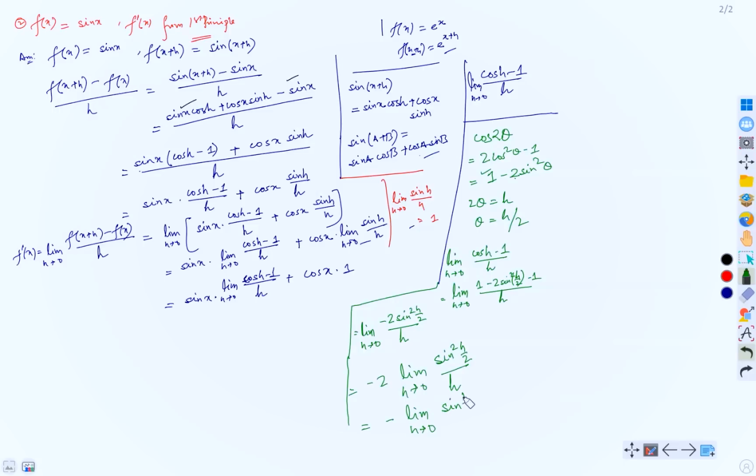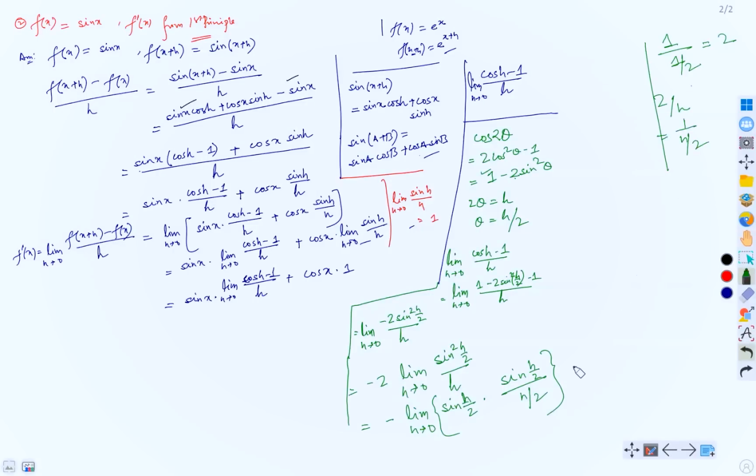See, if you have any doubt, let me know. Sine h by 2 times sine h by 2 upon h by 2. Yes, I just put this 2 below the denominator, because you know one thing, right? This 1 upon 1 by 2, this is basically 2, right? So what I did, I wrote 2 in this way. 2 equals, since we have an h here, so I write this as 2 by h, in this way, 1 by h by 2. Yes?